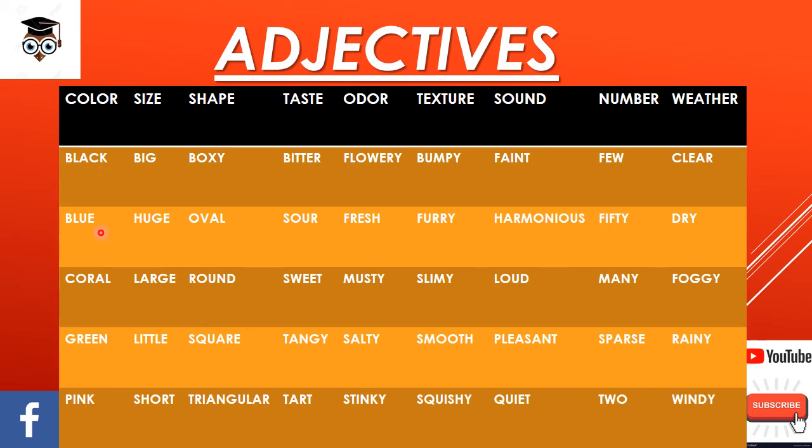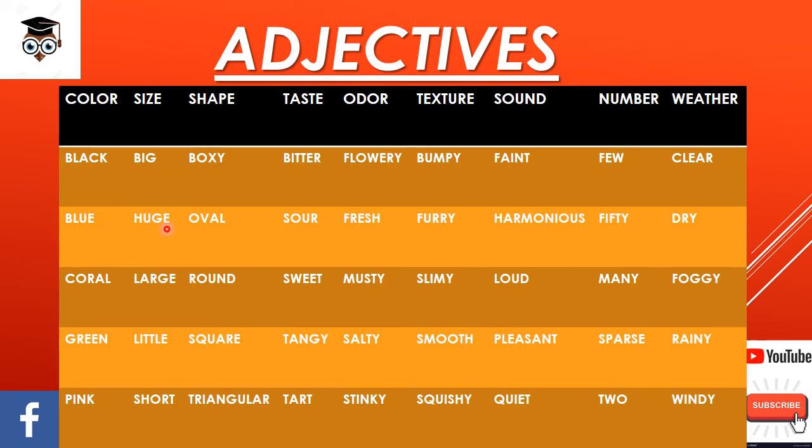The sky is blue. So sky is a noun. How does the sky look? It looks blue. So blue is the adjective. Size, for example, big. There is a big box. The box is a noun. Big is the adjective.